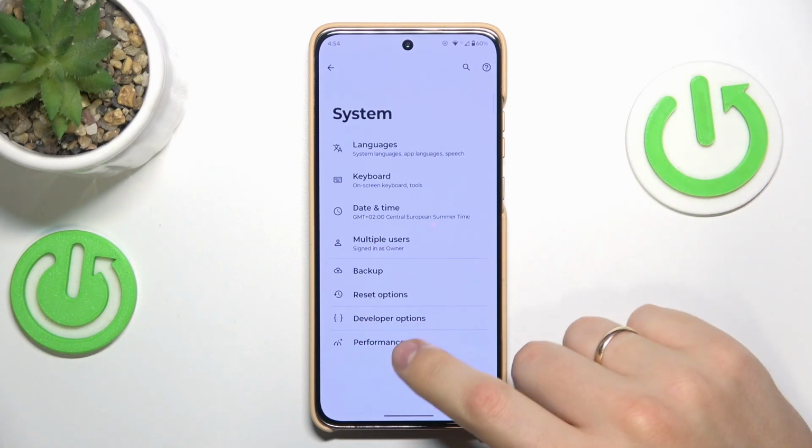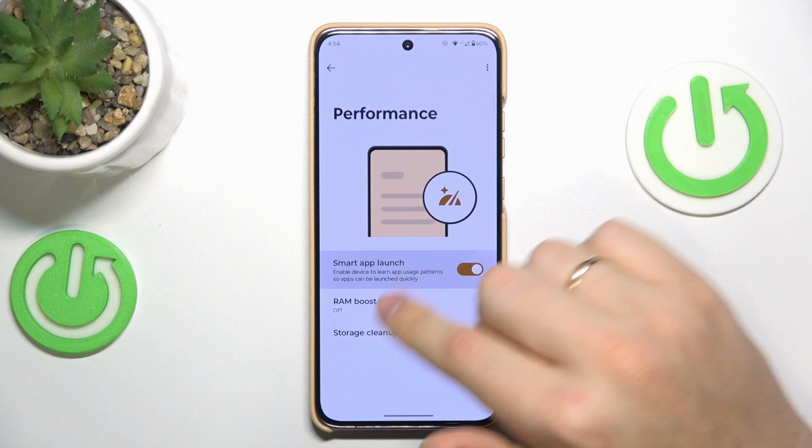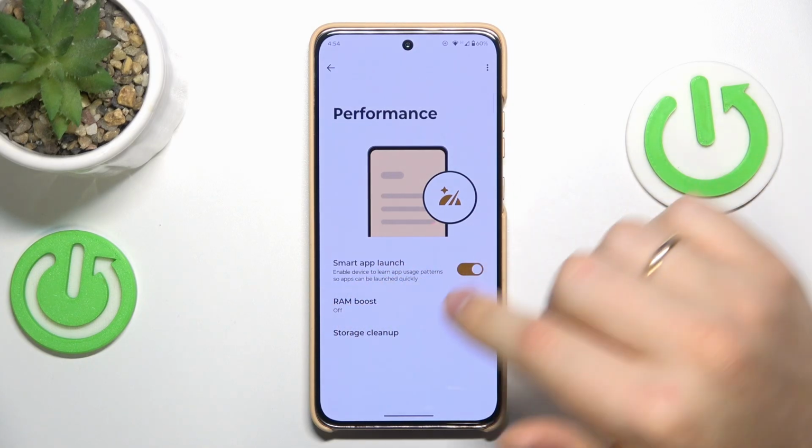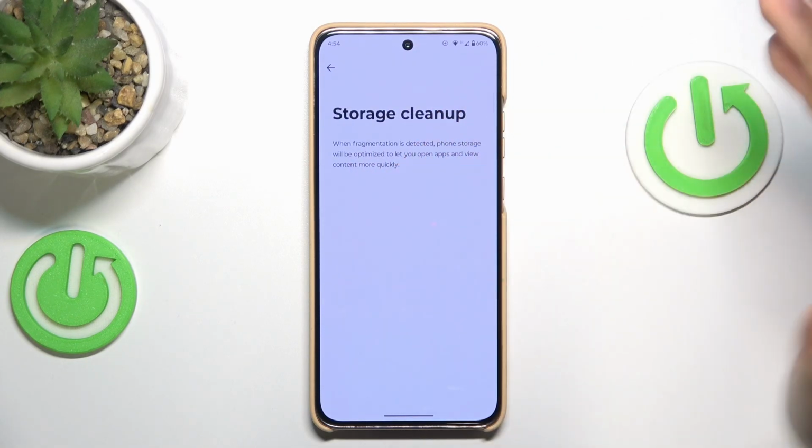And the final optimization that you can make is, or actually that's the whole section of the system category of settings called performance. So here you can switch on the smart app launch. You can also see the storage cleanup section to see if there is any fragmentation